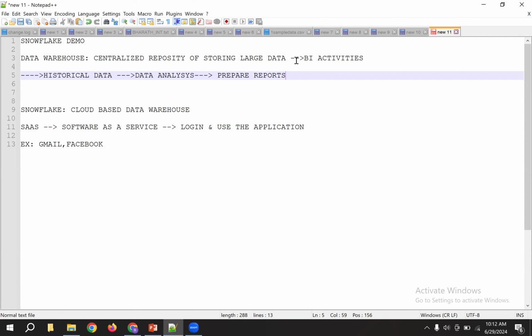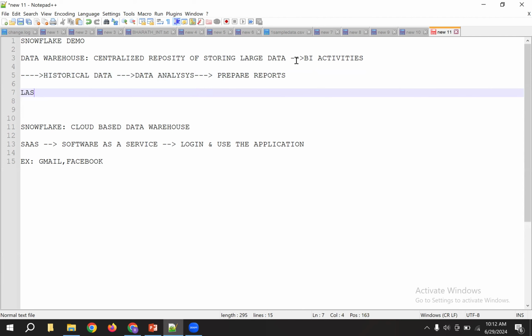For example, I have last 1 month sales data. With this sales data, I need to find out from which product the client is getting more profit, so we need to analyze and write some queries to get the data.